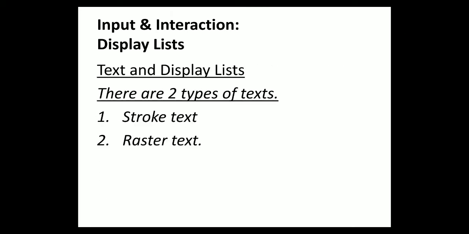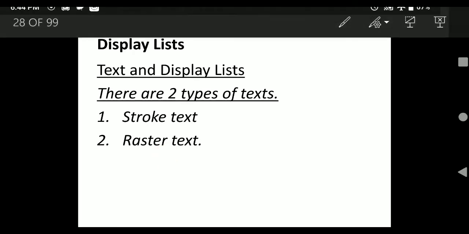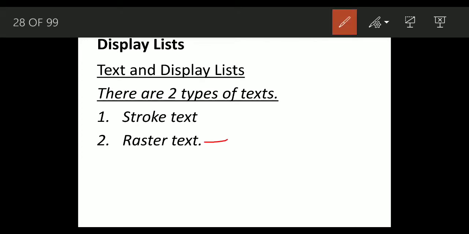Then you have text and display lists. There are two types of text, that is stroke and raster text. Stroke is nothing but what you're actually seeing here: smooth writing, whatever you write on paper, everything is stroke text. Raster is something which makes use of pixels, and it has its own specification with respect to memory requirements. The raster is going to make use of 12 cross 10